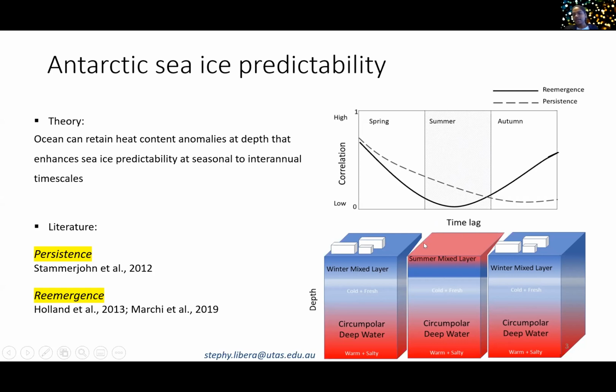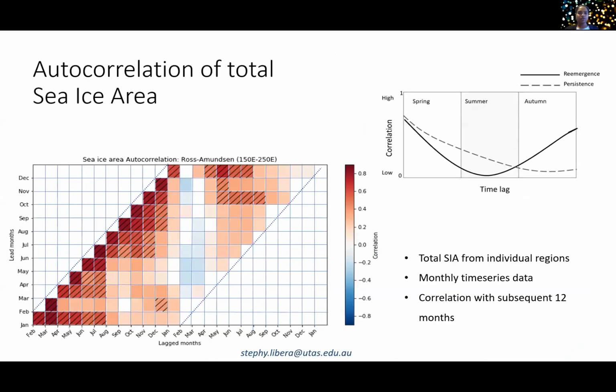But then when the stratification erodes away, you get these cold anomalies that have been sustained in the ocean back to the surface, producing reemergence. So that would give a very simple background of the predictability of Antarctic sea ice that's produced by the ocean. So in my analysis, what we've done is, at first, we are using the satellite sea ice data,